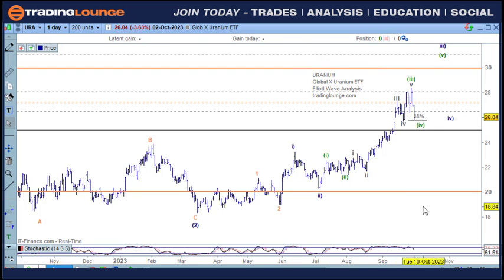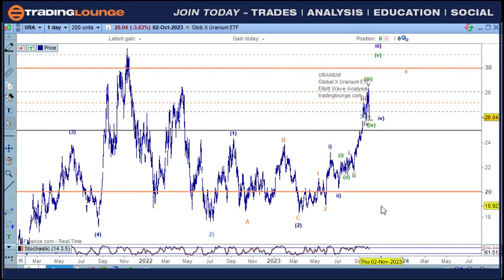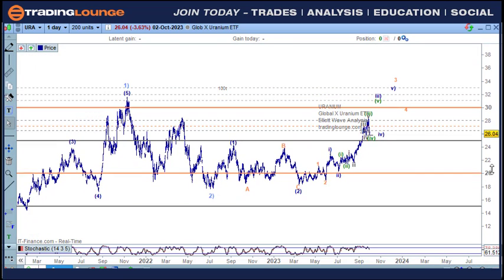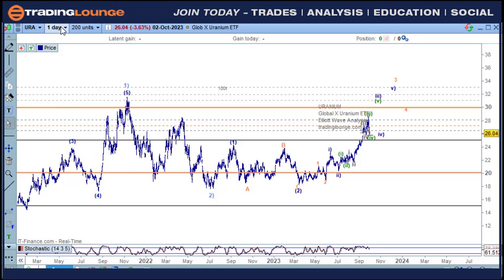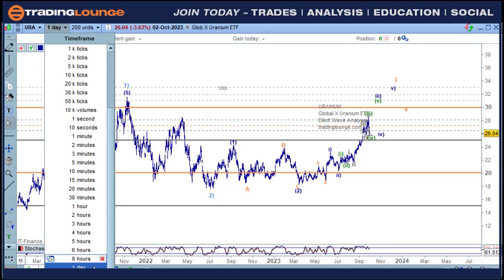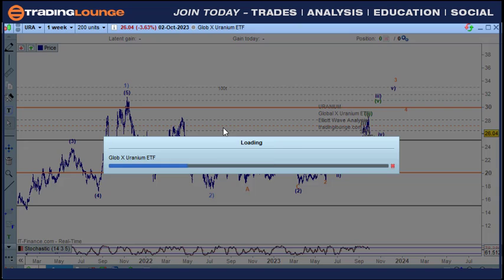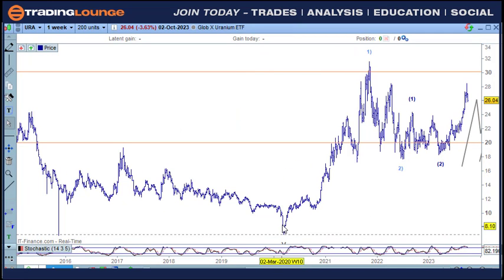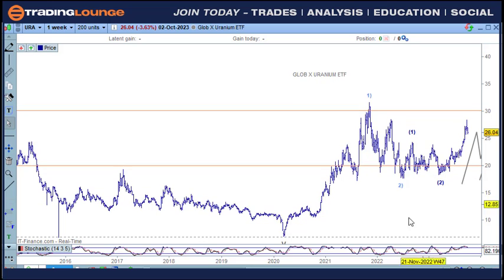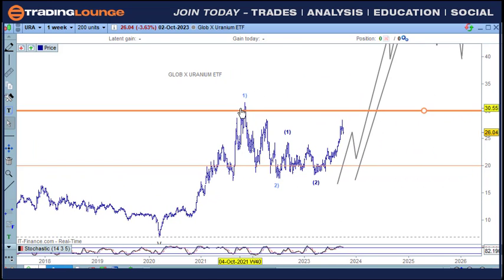Okay, uranium. So yeah, we've looked at the bigger picture here. I really like it. I've been sort of harping on about it, but we've got that 5 wave structure here. So that means even at worst, we'd have 5 waves over here, and then we'd have another 5 waves over here. This point in the structure, it's really kicked along here, and it's going to have nothing but trouble all the way up into 30 here, but eventually it will get to 30, and then it'll find support, and then it will continue to move up at that point.